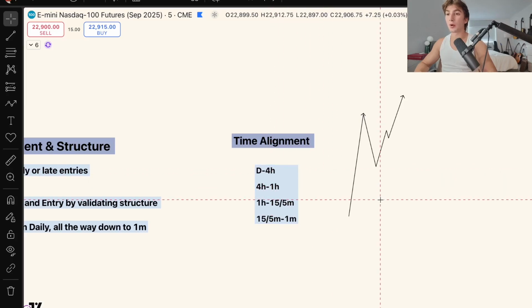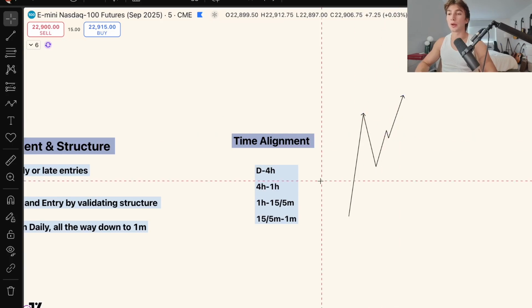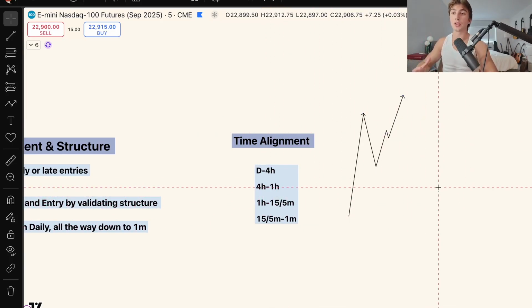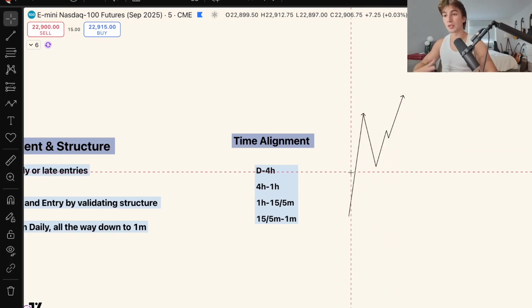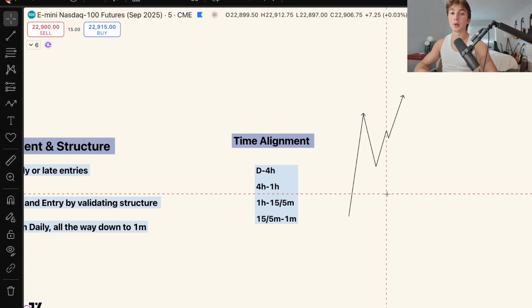If you have a 4 hour bullish chart, I'm going to show you how you wait for 1 hour confirmation. If you have 1 hour PD arrays getting tapped into, you get 15 or 5 minute confirmation. If you have 5 or 15 minute PD arrays getting tapped into, you wait for 1 minute confirmation. Once again, if you have a daily PD array getting hit, for example, a daily bearish fair value gap, you want to get 4 hour confirmation that that daily bearish fair value gap is valid. What does that mean? You see